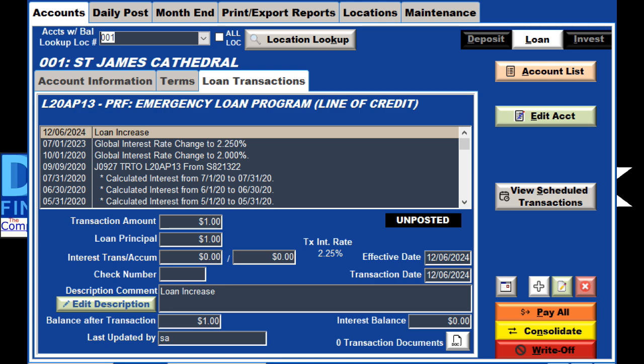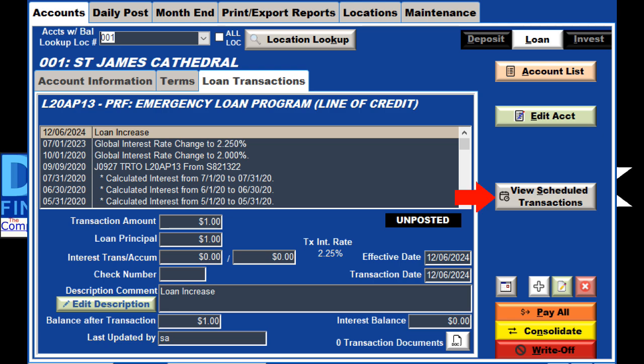Because loan accounts can have scheduled transactions, you may see the View Scheduled Transactions button on the form if you have the Docs module, and if this account has any scheduled transactions assigned to it. If there are currently no scheduled transactions for this account, if you look down to the row of small transaction buttons, you will see the Add Scheduled Transaction button on the left of the plus button. When you click on it, you will go directly to the Add Scheduled Transaction form to enter a new scheduled